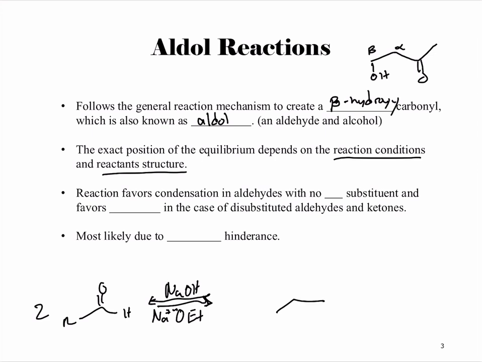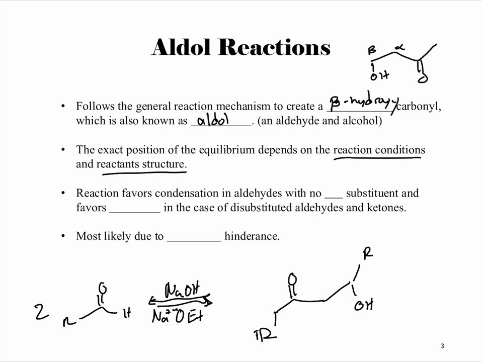So we might get something like this, which is our condensation product, but this equilibrium shifts back and forth depending